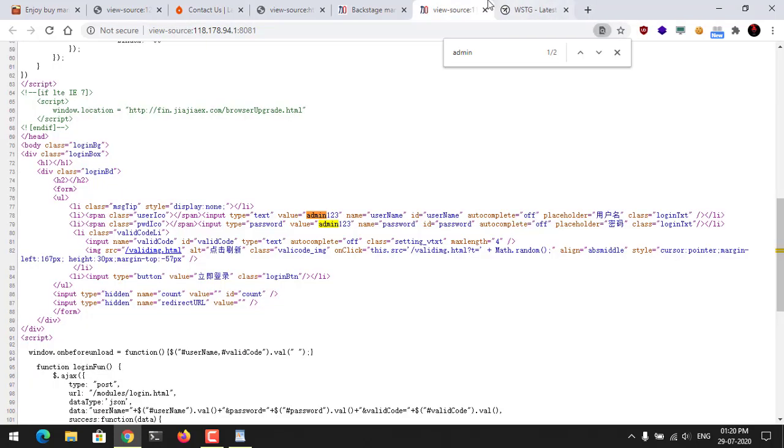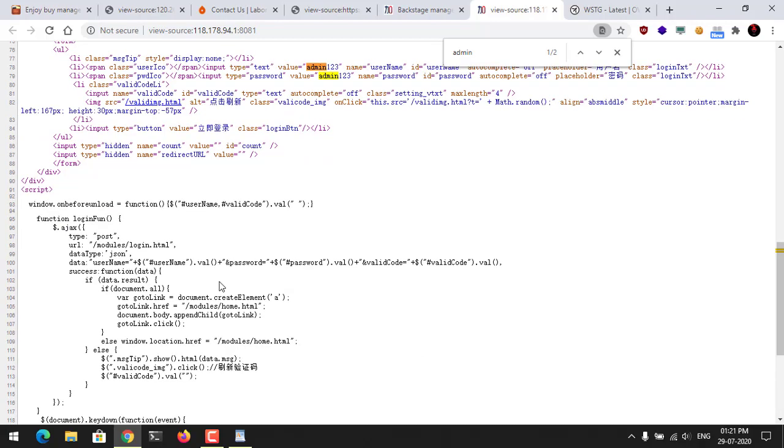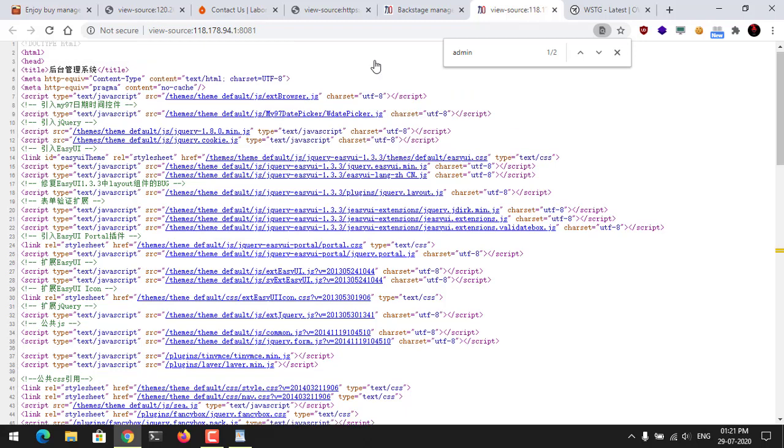So right now we cannot exploit this one, but definitely if we find something extra, we might be able to do it. Right now we don't have juicy or very in-depth information about this web application, but definitely if you dig deeper and deeper, you will be able to do it.